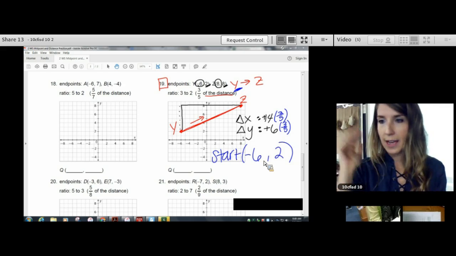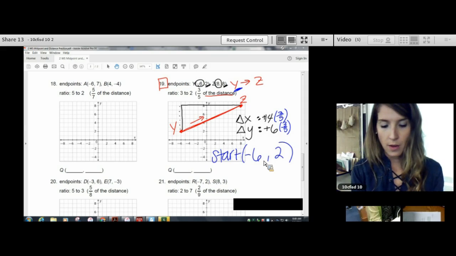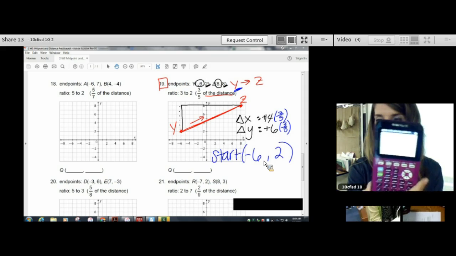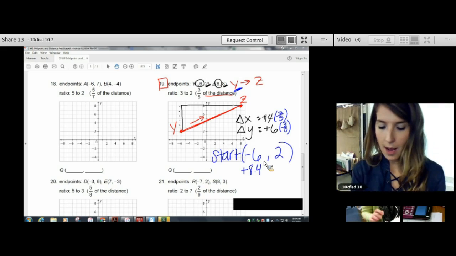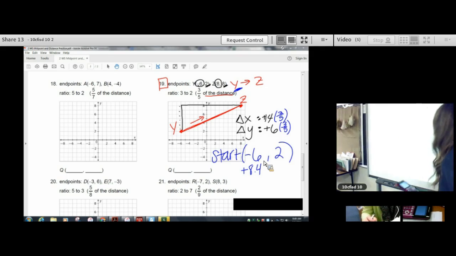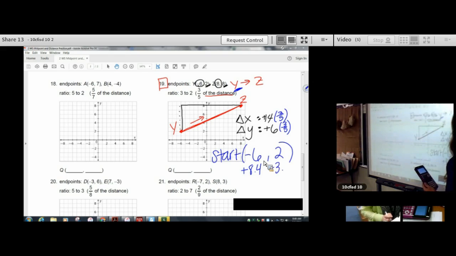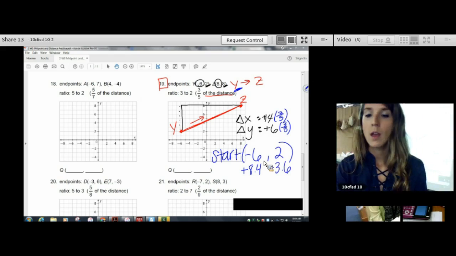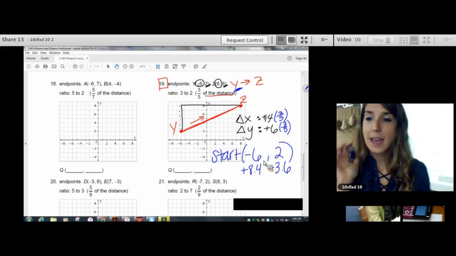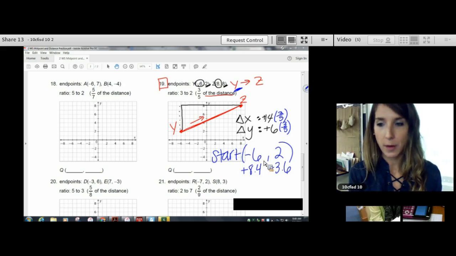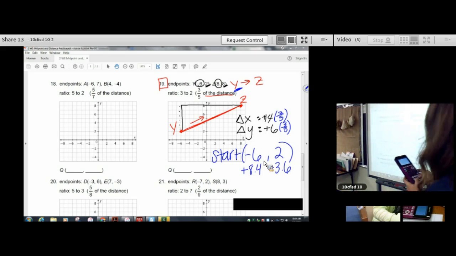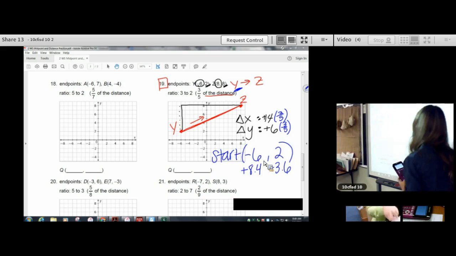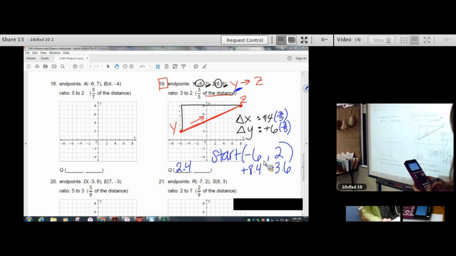Okay, so we'll do the x value first. 14 times 3/5. And I get 8.4. So from where I was at -6, I'm going to travel 8.4. Okay, now do the other one. 6 times 3/5. Get 3.6. I'm going to travel 3.6. Yes, to travel 3/5 of the way, you take the delta x and the delta y and you multiply by 3/5. It's the same as multiplying by 3 and dividing by 5. Yes. All right, so what's our answer? -6 plus 8.4, 2.4. 2 plus 3.6,